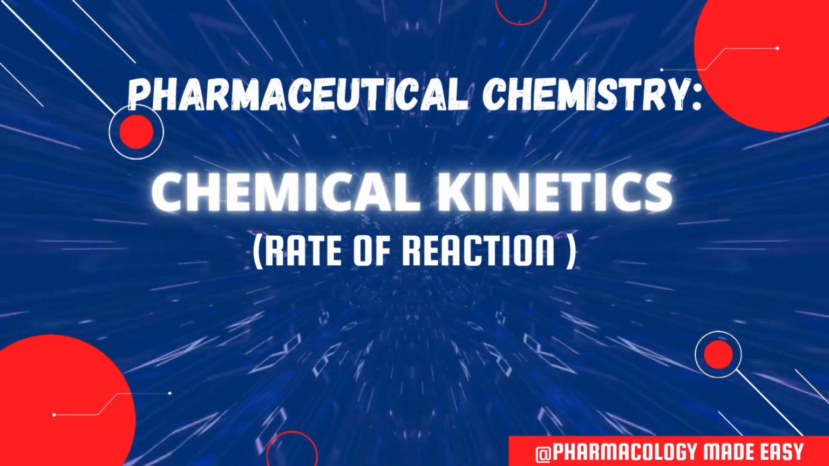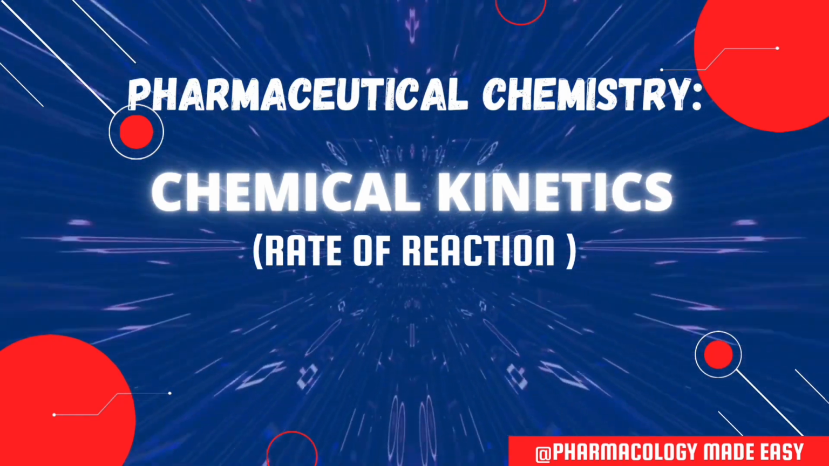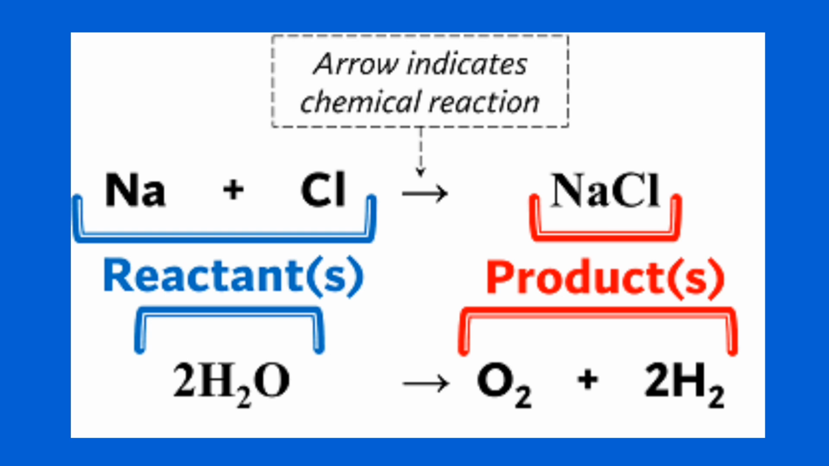Today in pharmaceutical chemistry, we are talking about chemical kinetics, which is rate of reaction, at Pharmacology Made Easy. Now, from our balanced chemical equation, we know that we have the reactants and the products, and the reactants collide to form the products. As you can see from this picture, we have Na plus Cl producing NaCl. Na plus Cl are the reactant species, and we have the product formed, which is NaCl,